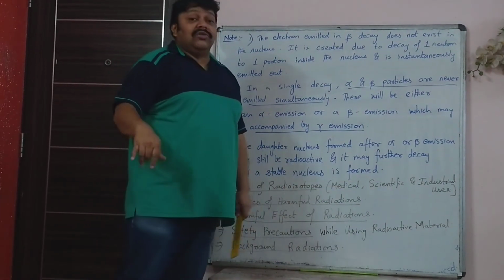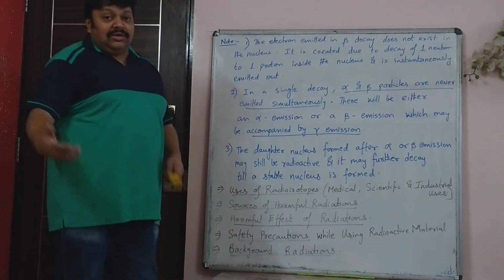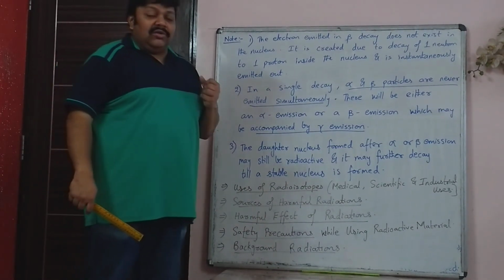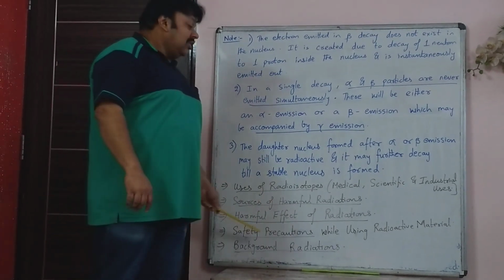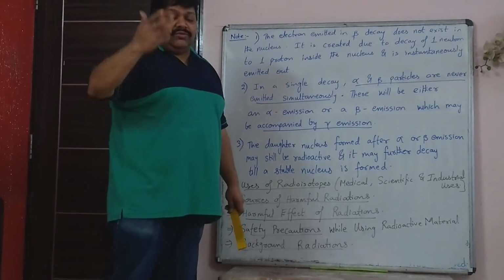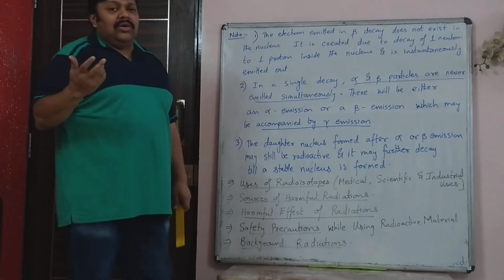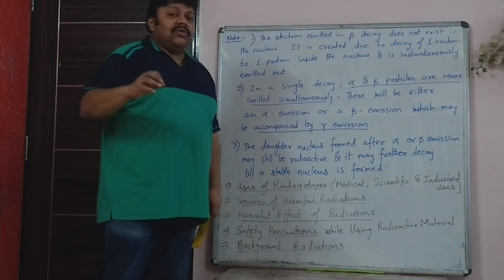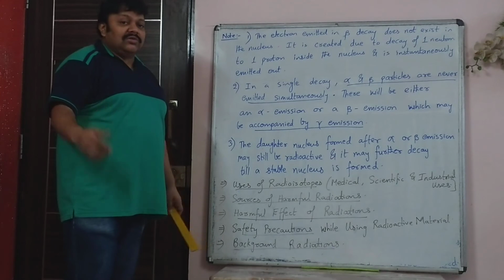Now, safety precautions which have to be taken when someone is working with radioactive elements, maybe in any nuclear power plant where nuclear fuel is used, or in any nuclear laboratory. And what is background radiation? Background radiation means everywhere there are gamma radiations, as you have seen in the spectrum. But that is in a very small amount, which is very harmless. But we also have to see what is meant by background radiation. So these we will be seeing in the board questions in Zoom.